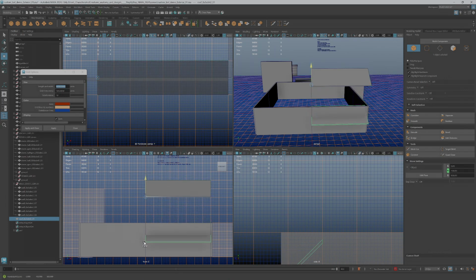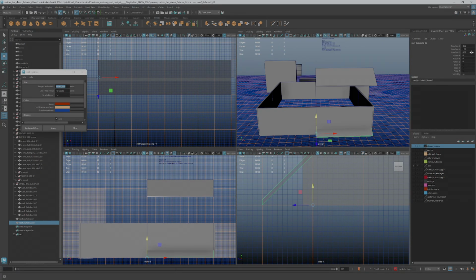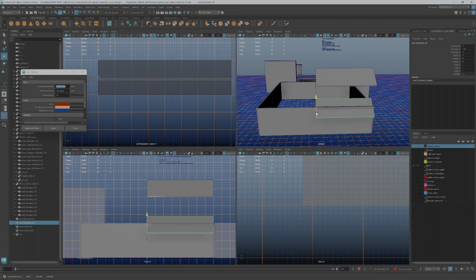I'll shift drag it down to the ground and just make sure that it's touching the ground. Looks like I missed one dot right there in the channel box. Yep. And then freeze, delete. Looks like the other wall piece is also missing on there. So let's